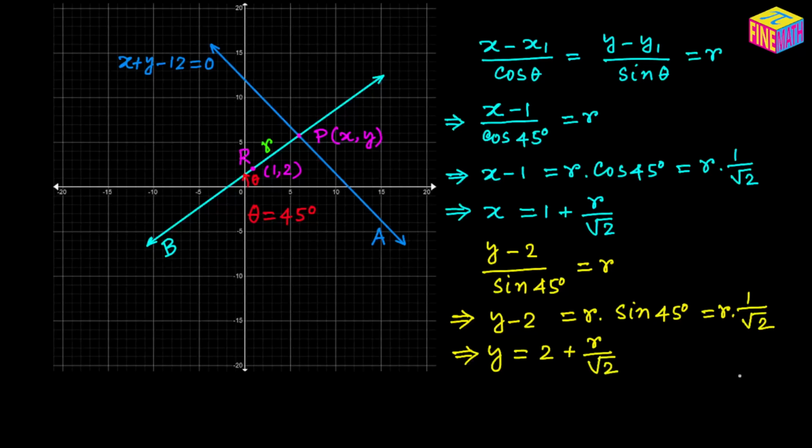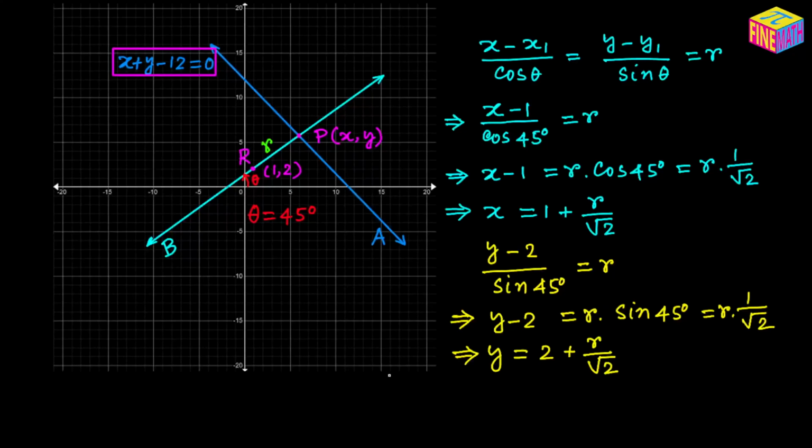So now we have found the value of x and y, and because x and y are the coordinates of the point P, which also is located on the straight line A, that means the coordinates of P will satisfy the equation of the straight line A. We already have been provided with the equation of straight line A, that is x plus y minus 12 equals 0. I have written that up above on the left hand side. Now since P is a point on the straight line A as well,